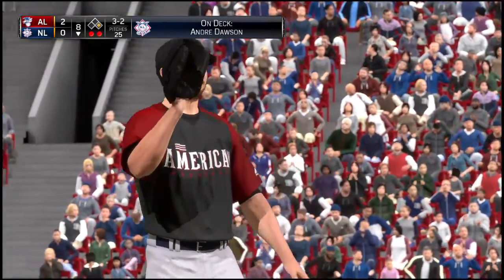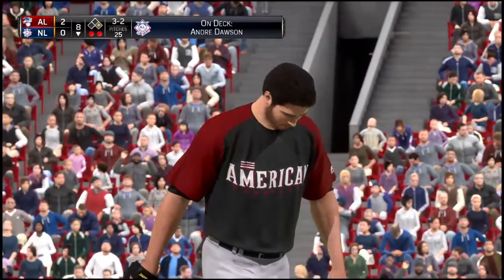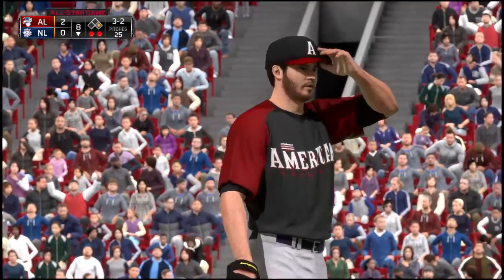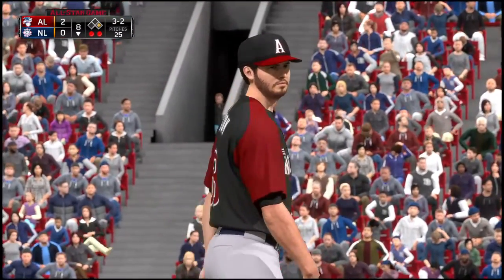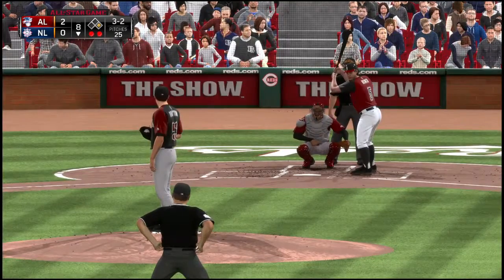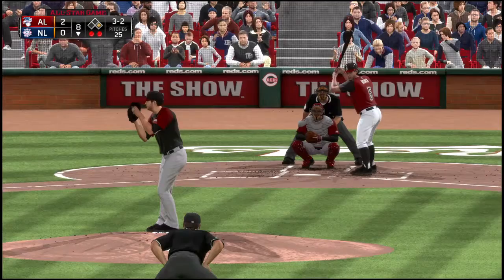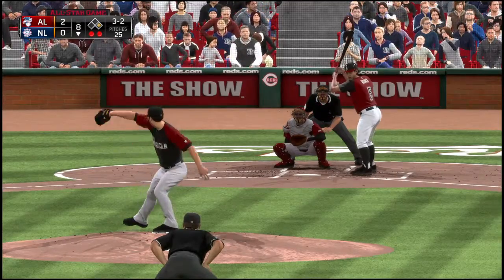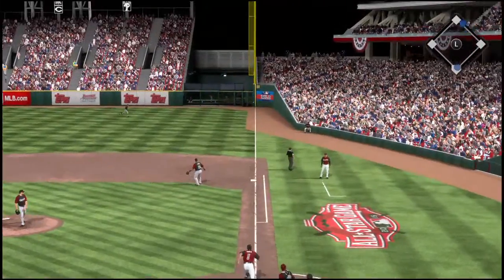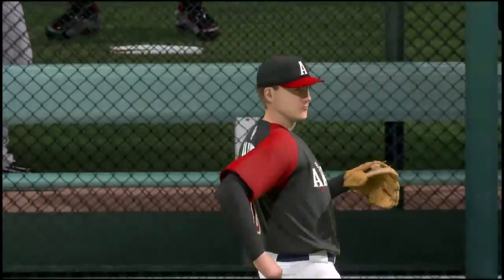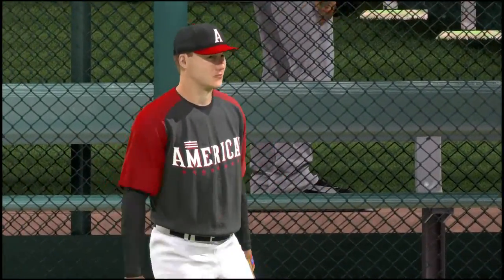In danger now of a second walk out of the bullpen. Not exactly providing relief. He's got to find it here somehow. Here's the 3-2 pitch. Hit hard down the right field line. And that'll slice just foul at the last moment.